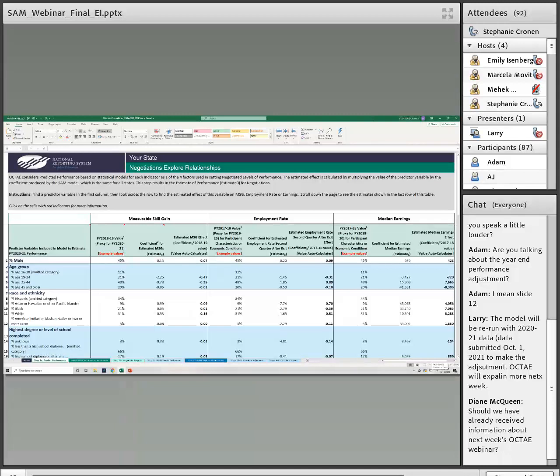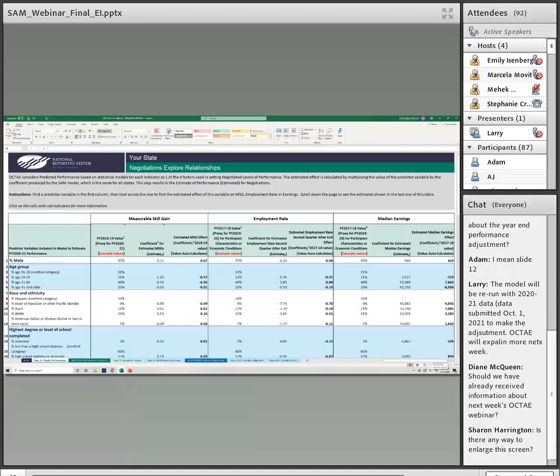Remember from earlier that a coefficient represents the rate of change expected in a performance indicator like MSG, given a unit change in a predictor variable like the percent of participants with disabilities. This product gives us the effect for each predictor, which are the values we use in a bar chart on the next tab I'm going to show you.